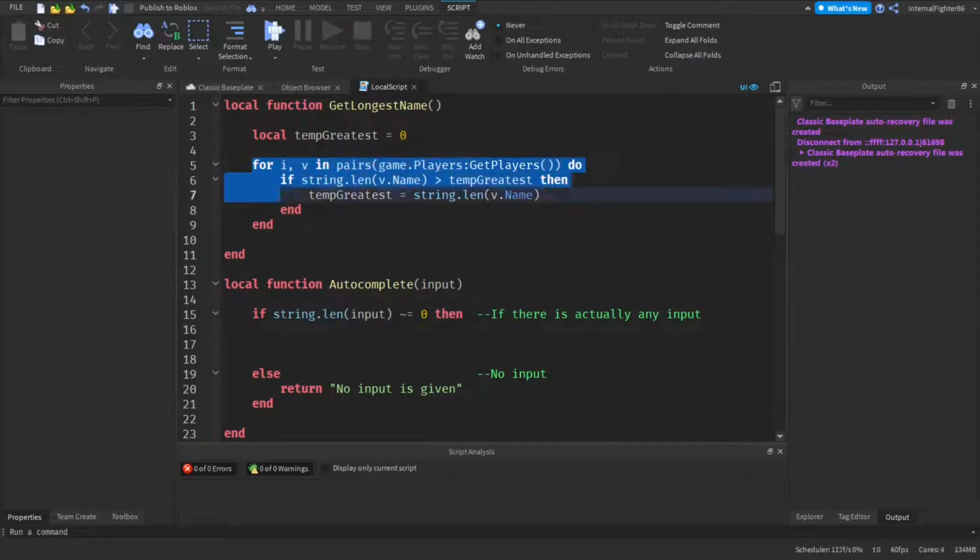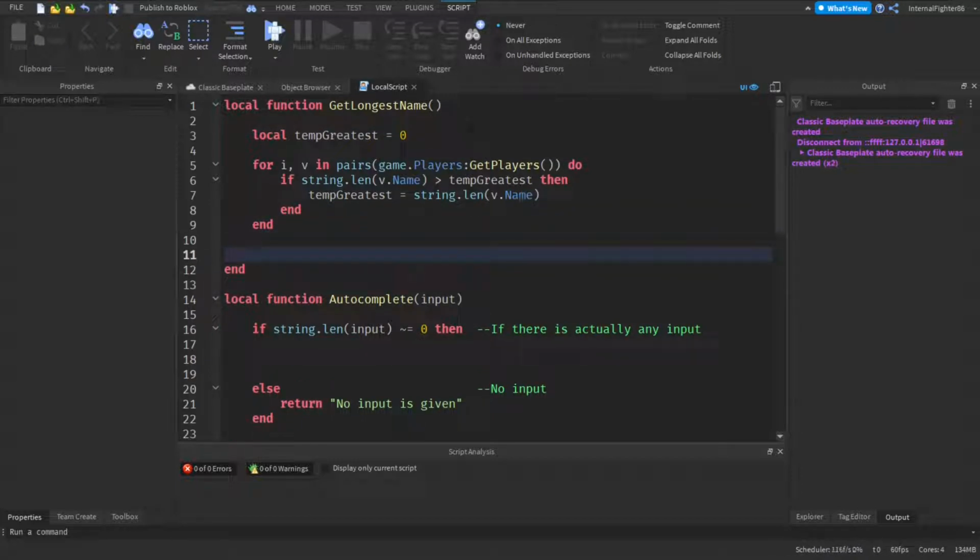So what we'll do is go through each and every player and check if their name breaks the record. The first record is obviously 0. That means the first player's name will always be the first one, and we'll go to the next player and check if their name beats the record, and so on and so forth. If their name breaks the record, that's obvious, and at the end we'll get the longest